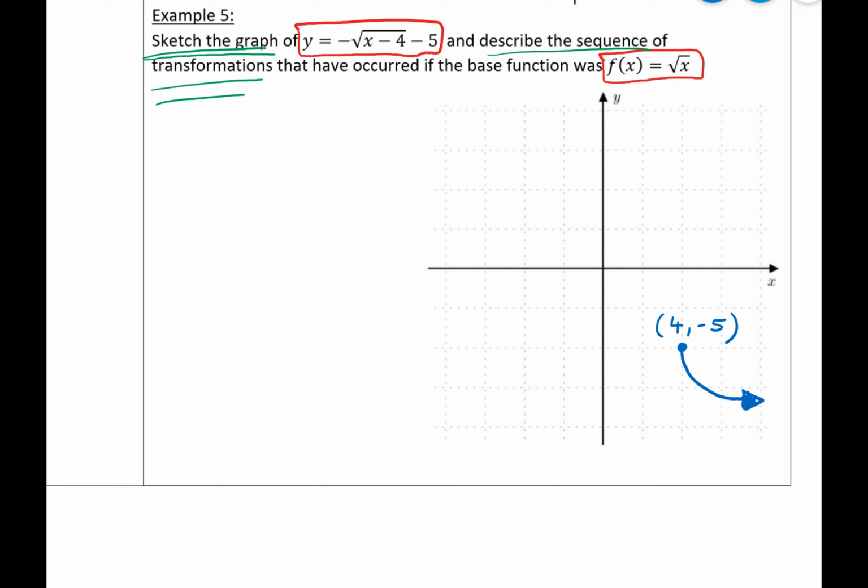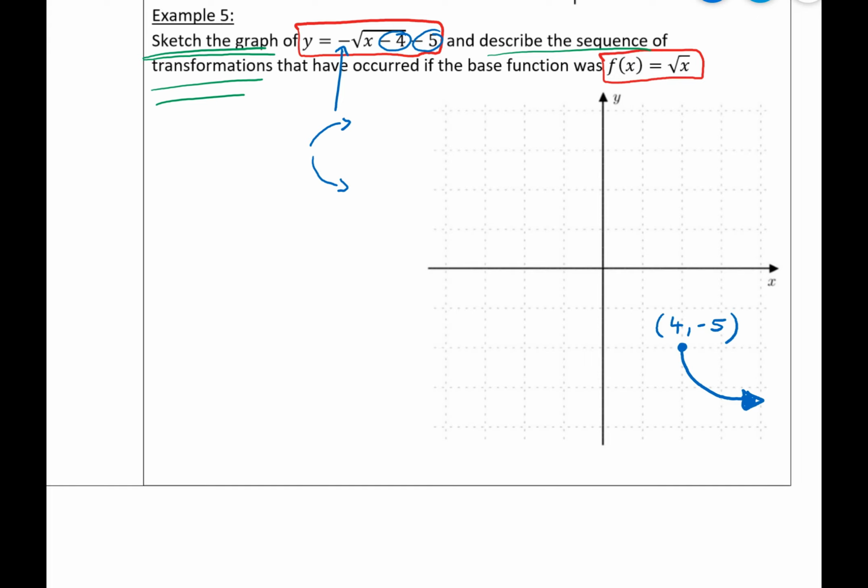So this graph was actually very simple to sketch. It was reflected about the x-axis, so instead of doing that, it did that. So I dropped it down. The endpoint was 4, -5, and so we can see that there were no x-intercepts. An example like this is a great way of how someone with good understanding of transformations will be rewarded in the exam. You won't have to waste time trying to find x and y intercepts because you can see that